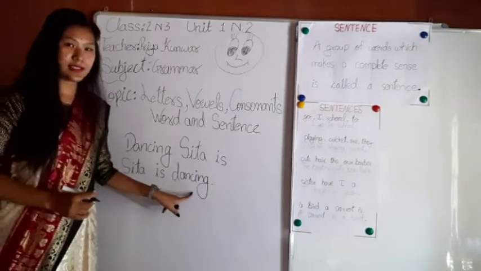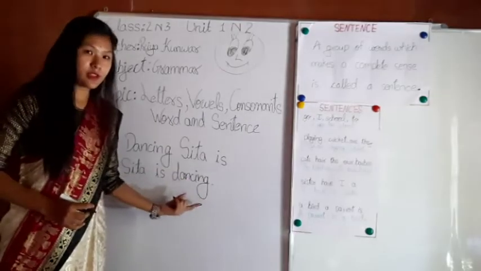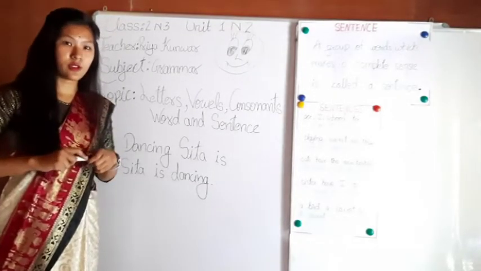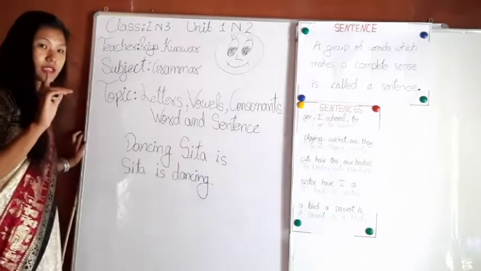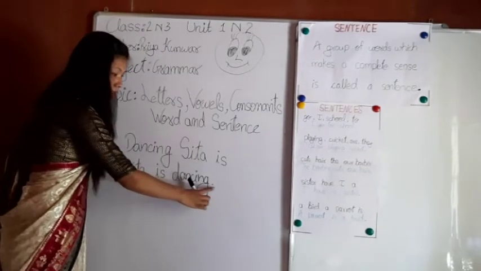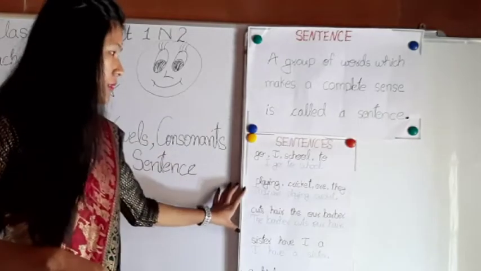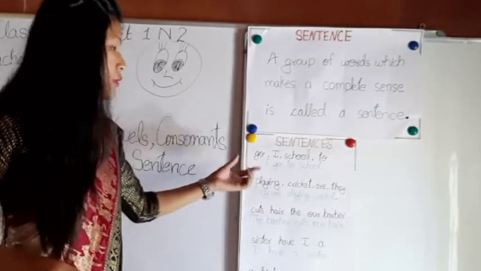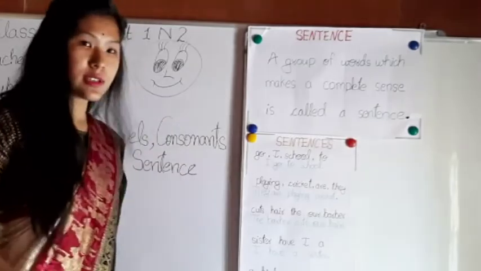Sita is dancing. This is a complete and meaningful sentence. One important thing we have to know is, while writing a sentence, it begins or starts with a capital letter and ends with a full stop. Dear students, look into the board. Here are some examples of sentences using different groups of words. And the first one is